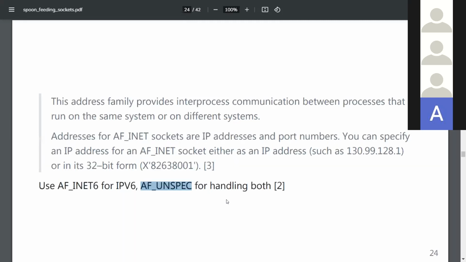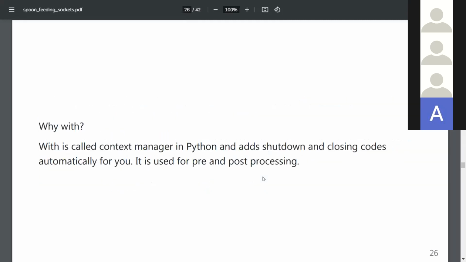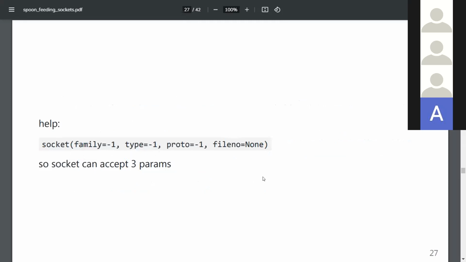Why do they use the with here? In many socket programming examples, you will see with. The advantage of using with is that it automatically closes the connection for you, shutdown and close. So you don't need to write shutdown and close, just like opening files. And sometimes you might see socket accepting 3 parameters.